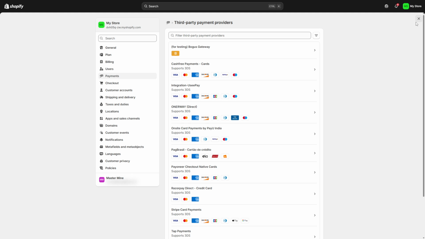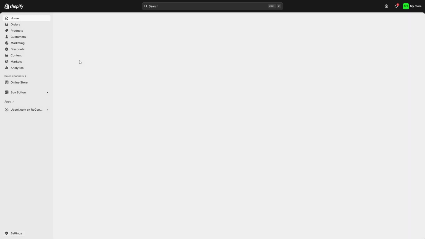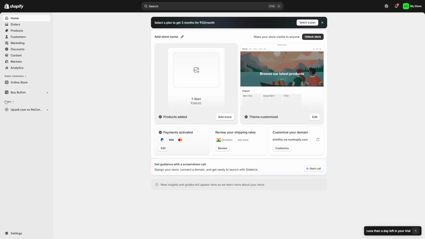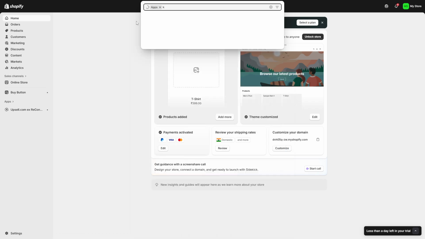After saving, Klarna should appear as a payment option for eligible customers during checkout, offering choices like Pay in 4 or Pay later depending on regional availability and your store's settings. If you run into issues, double-check that Shopify Payments is fully set up and that your store's currency and address